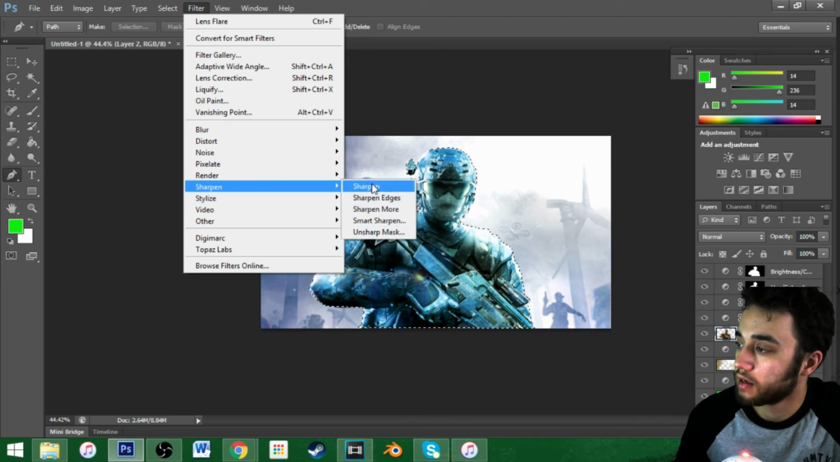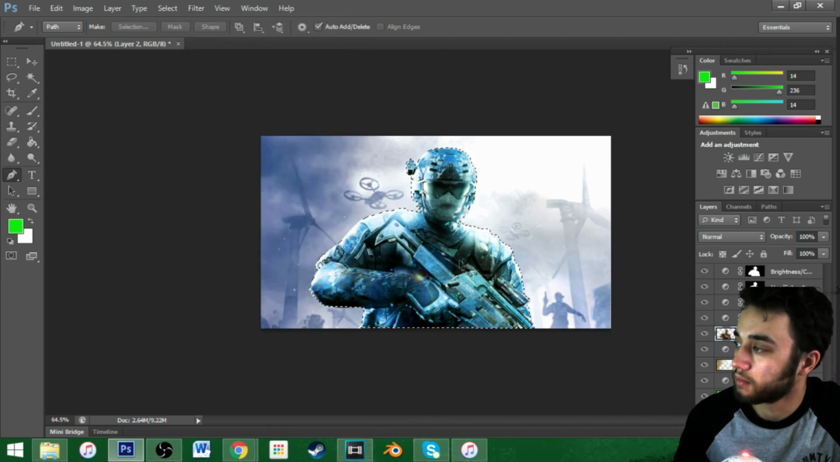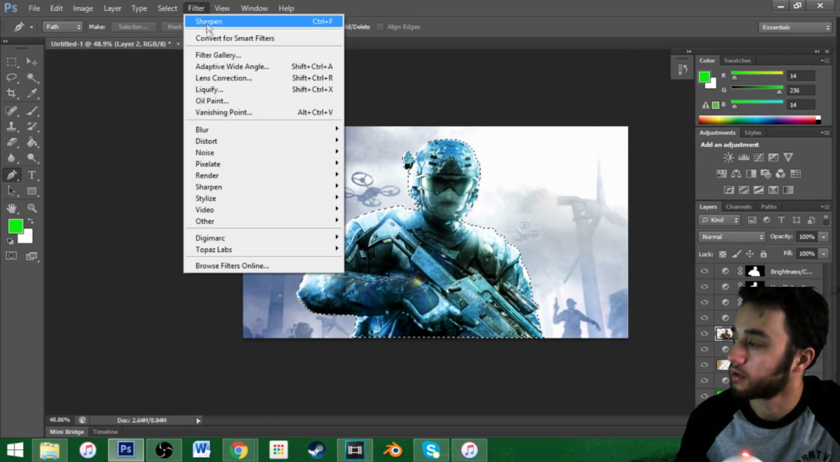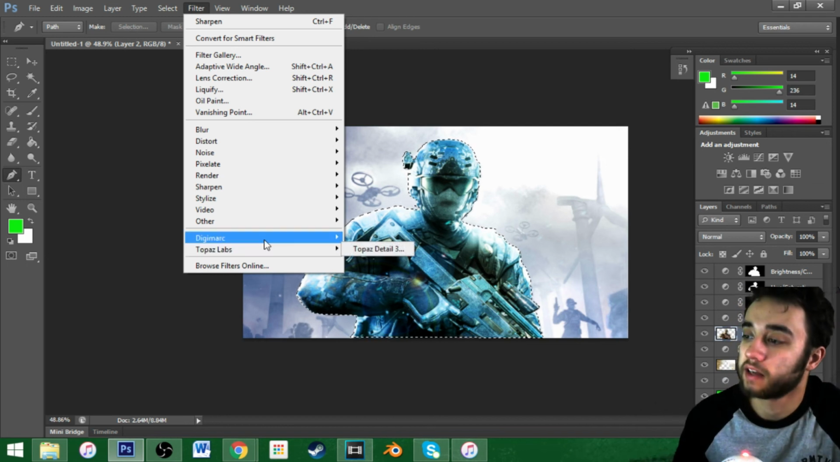Filter, stylize, diffuse, sharpen. You can make it more sharp if you want to. It kind of adds noise though. So I'll undo that. And then if you really want to get into the really good filters,